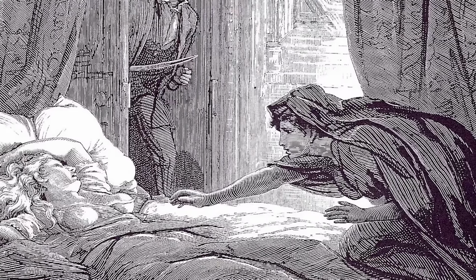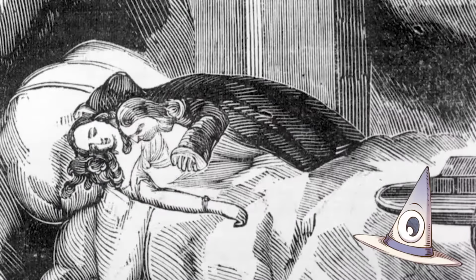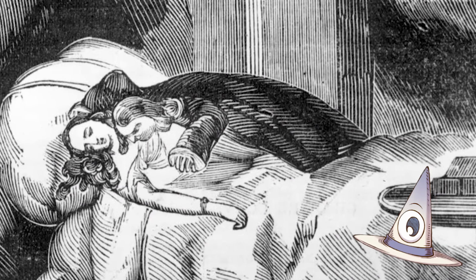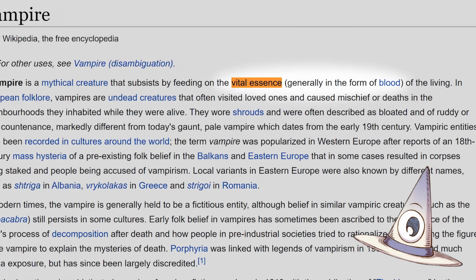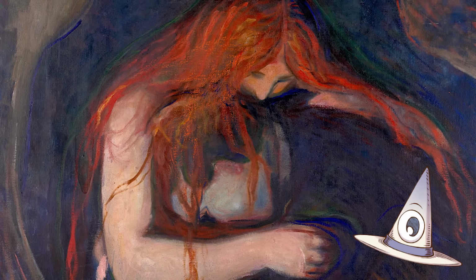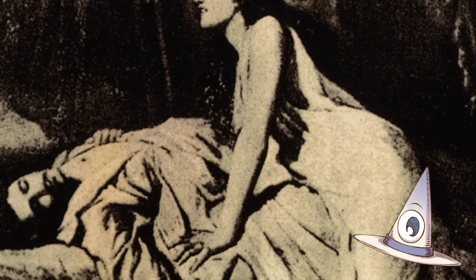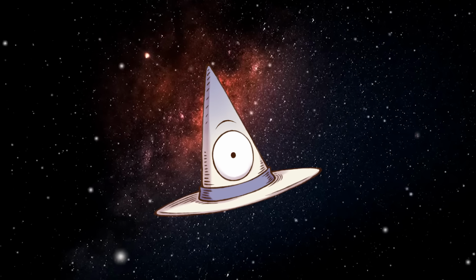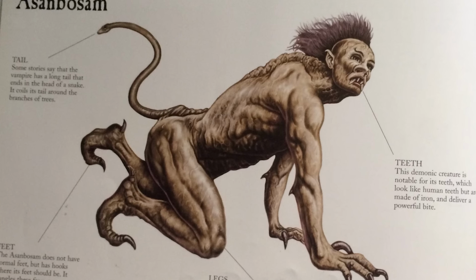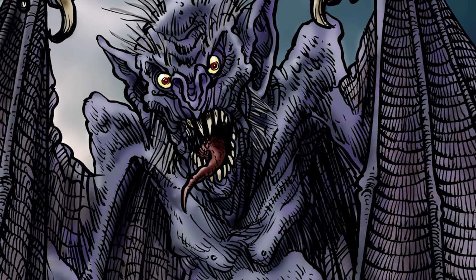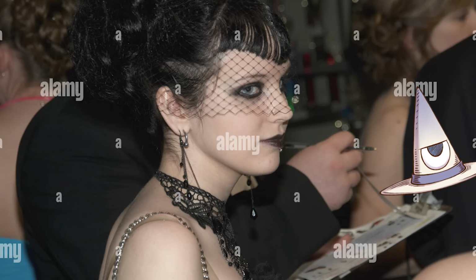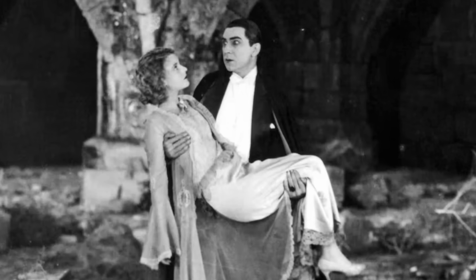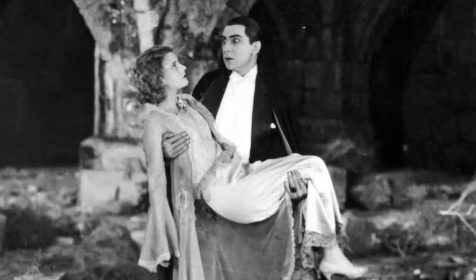Vampirism as a concept is literally as old as dirt. If we define a vampire as a being that lives off of feeding on vital essence, and more specifically blood, as our friend Wikipedia here does, this means that vampires in one form or another are basically present in nearly every culture around the world, since basically the beginning of time. There are Chinese vampires, Ghanaian vampires, Caribbean vampires, Greek vampires, that weird girl in high school that drew 2 dots on her neck with Sharpie hoping somebody would ask her about them, and of course your Eastern European boys that most people associate with the word vampire today.